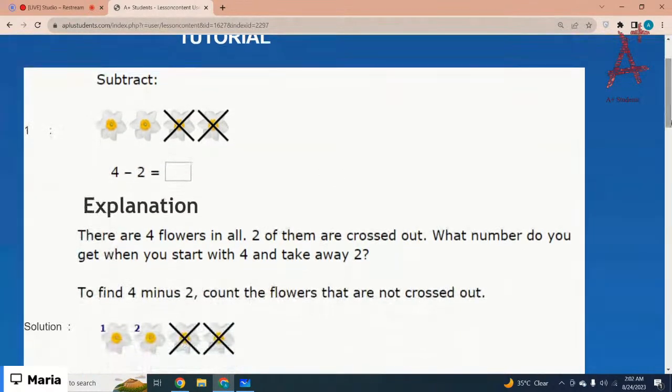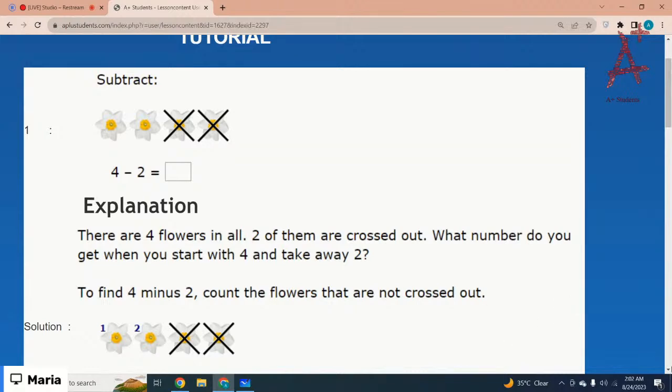So there are 4 flowers in all. 2 of them are crossed out. What number do you get when you start with 4 and take away 2? So when you start with 4 and you take away 2, you are left with just 2. You have to count the flowers that are not crossed out, right? That means you are left with just 2 flowers,